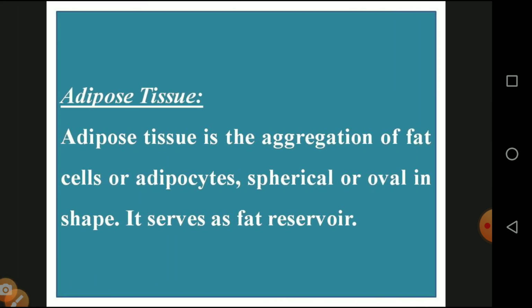And adipose tissue, the adipose tissue is an aggregation of fat cells, or adipocytes, spherical or oval in shape. It is in the form of a fat reservoir. Our body recovers from the wind and from the chilliness, which is done by the adipose tissue, because the fat substance is enabled with our muscle, and we are facing the struggle of chilliness. Only in extreme conditions do we have shivering. Before that, we are protecting our body by means of the adipose tissue.